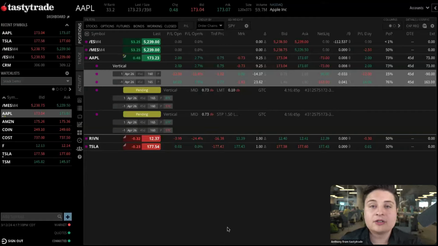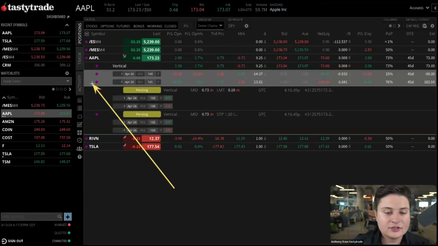Okay, great. So moving along here, there is another feature I wanted to show you all when it comes to actually placing stock trades. This is going to be our quickest trading feature, in my opinion. Right now, you can trade stock and also outright futures contracts from this feature. This is going to be our active trader tab. So if you click on the trade tab here in the upper left corner,